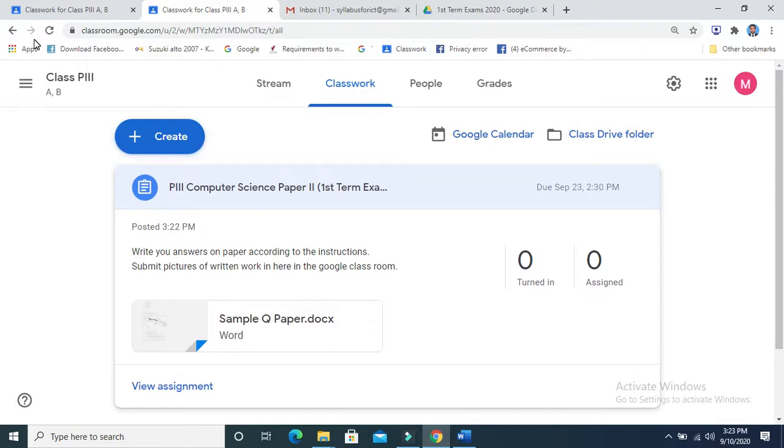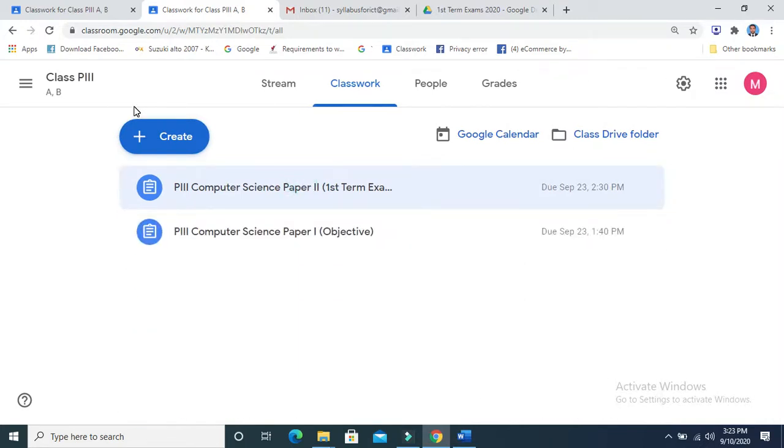One more thing: how the work will be visible to the teacher and when he will be marking. Just like we have understood how the result will be submitted in case of MCQs, you will see how the result will be there in your paper 2, and how you are going to mark for the paper 2.